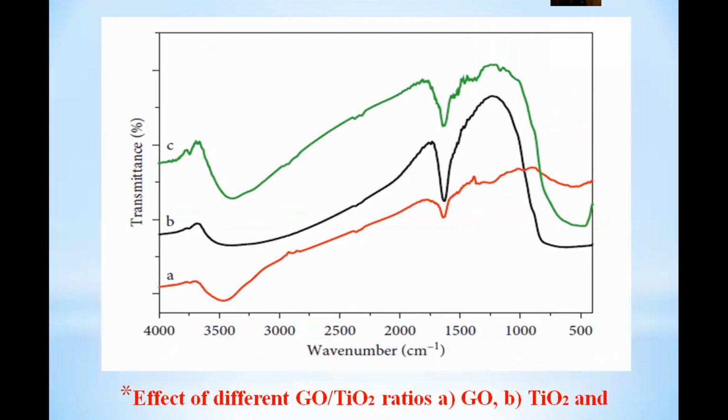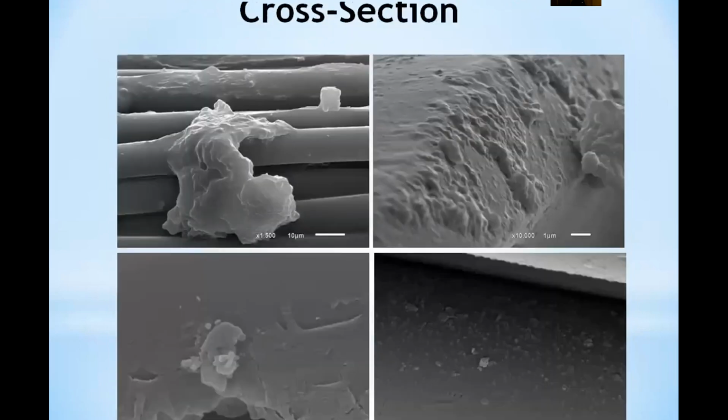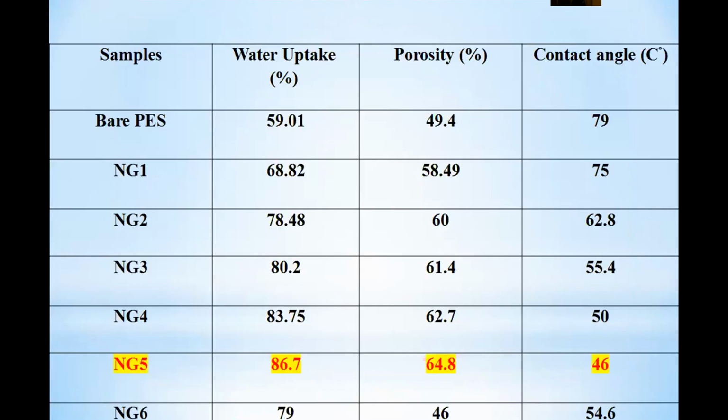Here is the FTIR for the nanocomposite membrane. This FTIR confirms the XRD. We have made many characterizations, such as electron microscope images of the top and bottom surfaces and cross-sectional surface of the prepared membrane at optimum condition. Physical parameters, as we saw in the table: while the concentration of nanocomposite graphene oxide increases, water uptake increases,